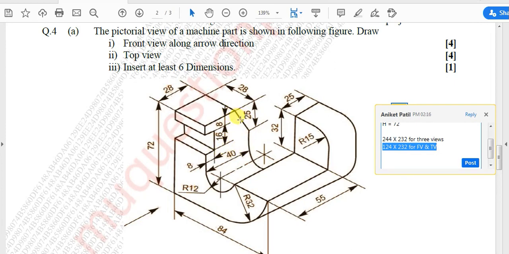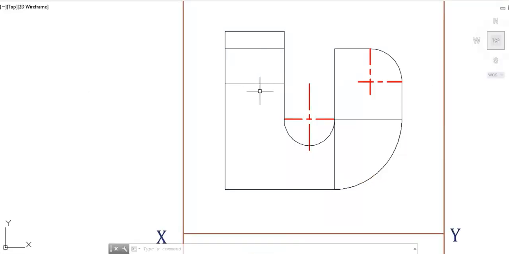Now let us verify whether there is a line present at this particular point. Of course, there is a change of plane. We can easily see that. Since there is a change of plane, there has to be a line here. That line will be present at a depth of 25 from the topmost point. However, this particular line, which is at a depth of 8 plus 16, which is a depth of 24, will not overlap it, and hence there will be a line which will be present at a depth of 25. So let us quickly draw a line which is at a depth of 25 from the topmost point.